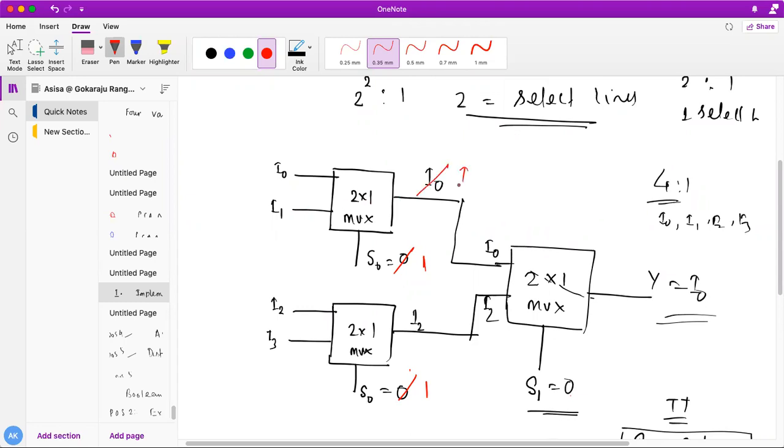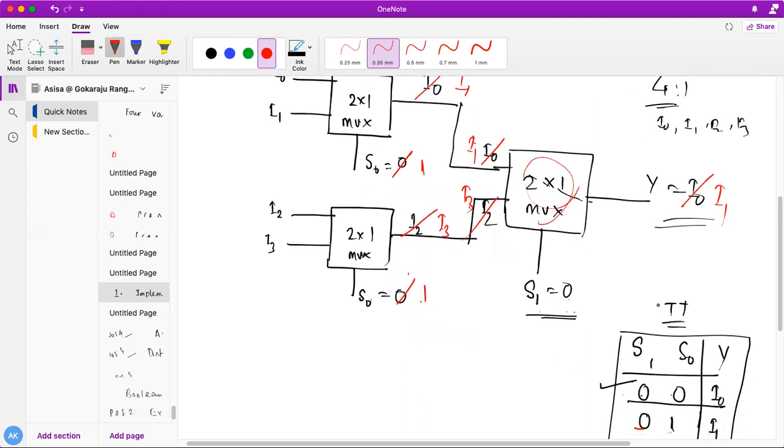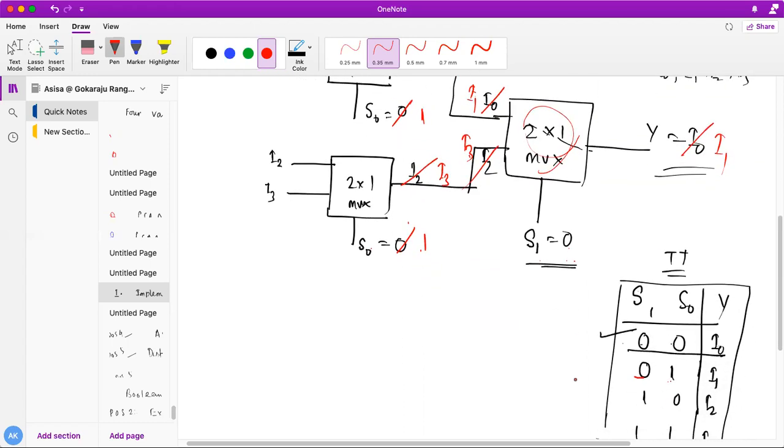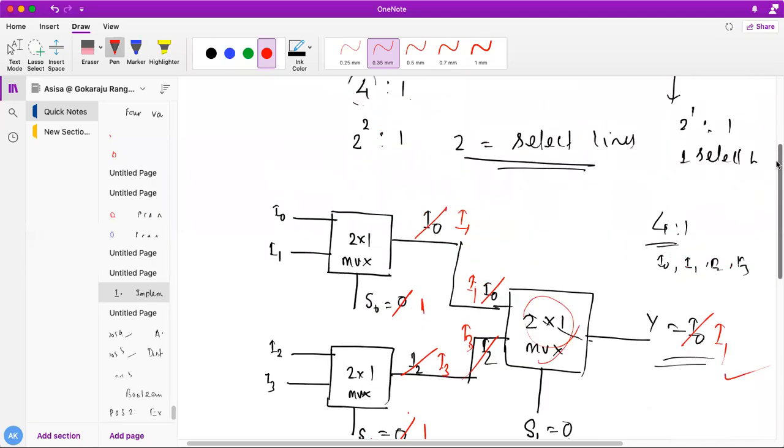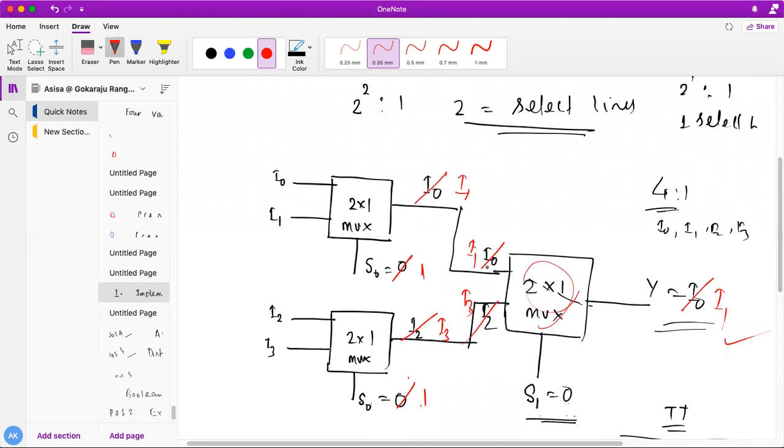Now S0 is 1, so I3 will go over here. Now I have I1 and I3. Here S1 is 0, so what will be selected by this 2x1 mux? I1 will be selected. Do you all understand now? If S1 is 0 and S0 is 1, I am getting I1. Am I correct, student? So this is the implementation of a 4x1 mux using 2x1 mux.